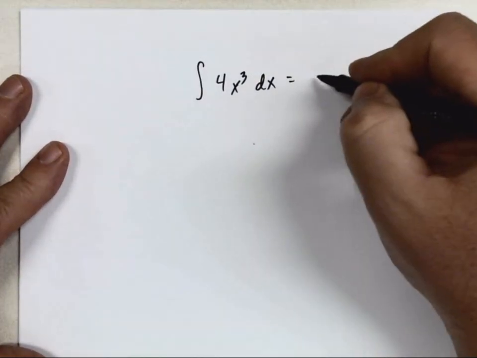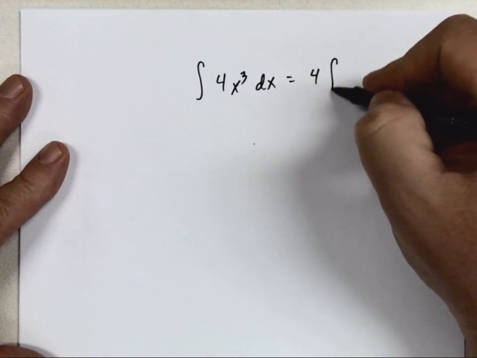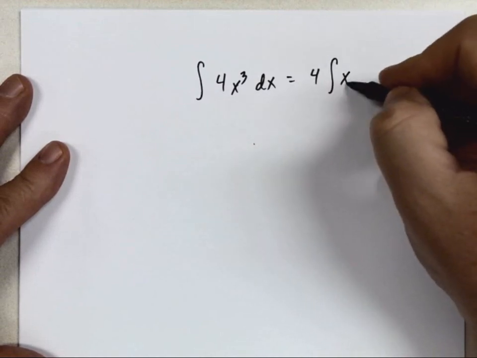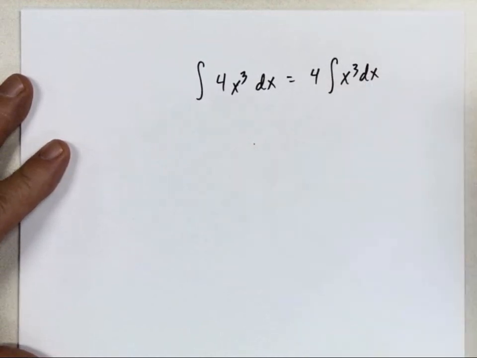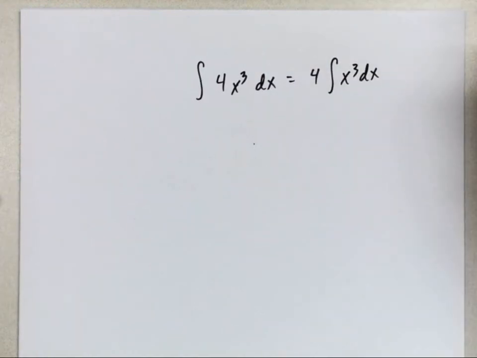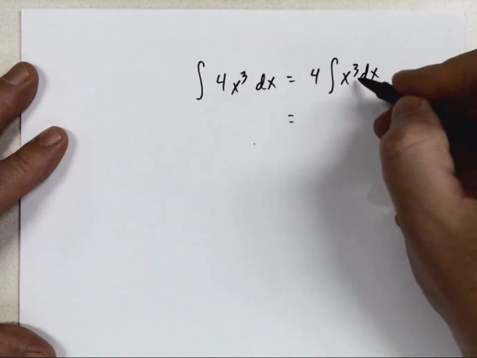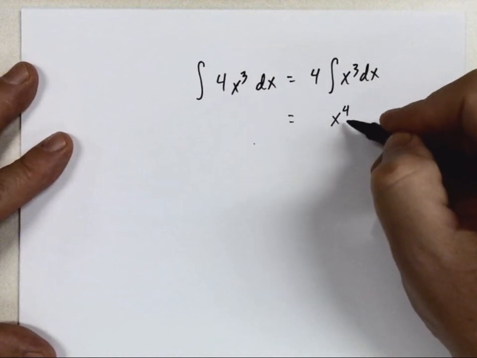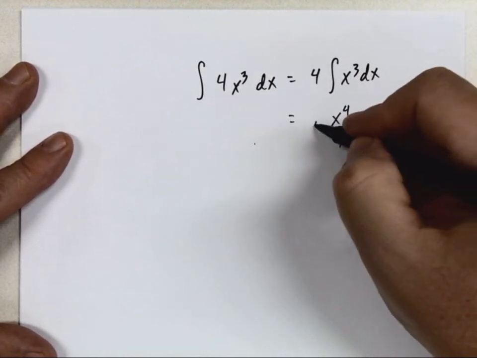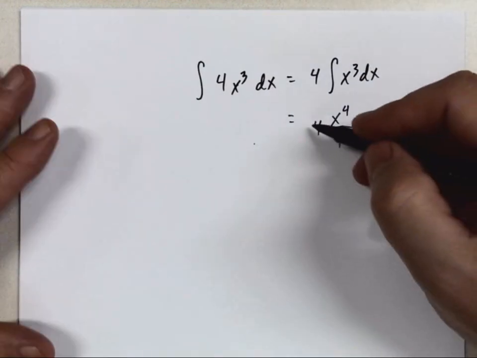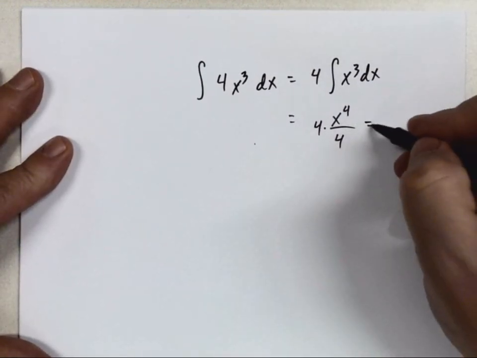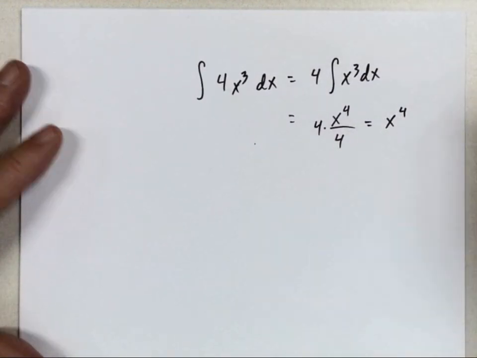Matter of fact, some people will write it like this. They move it even outside the integral. It doesn't affect the integration. I go ahead and take my integral, and the 4 tags along, and in this case, this 4 and this 4 would cancel. And lo and behold,